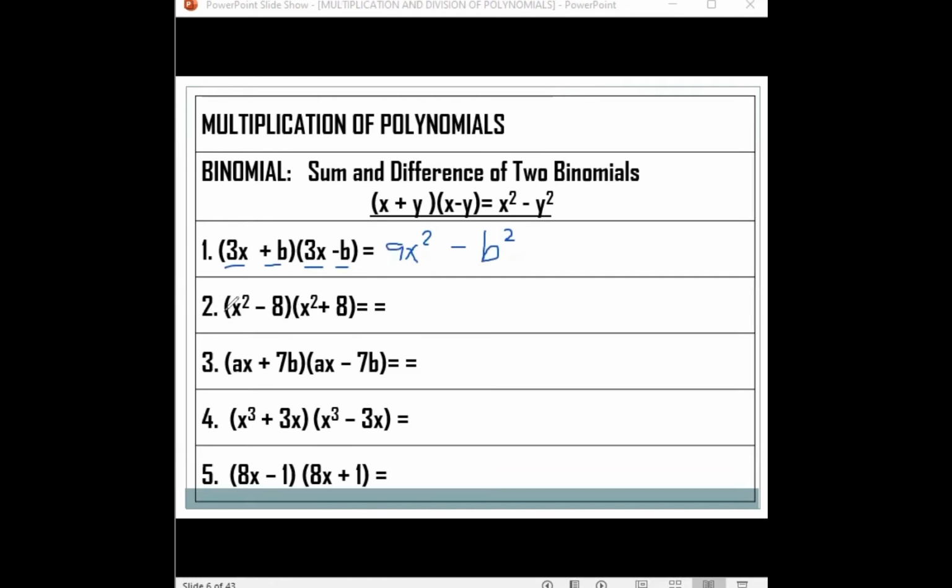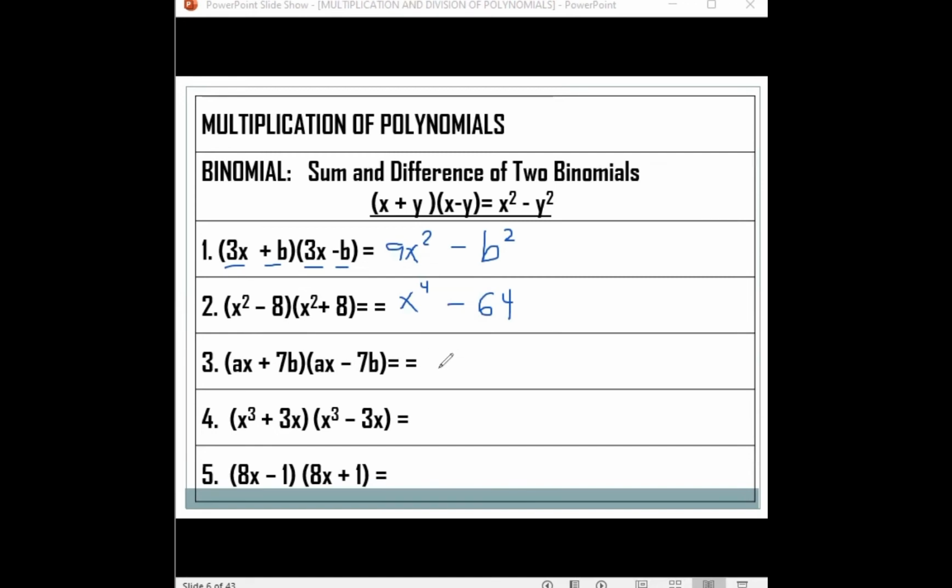That goes with this one also. We have x squared with x squared. We just have x raised to the fourth power. And then 8 with the 8, taking that negative, so negative 64. That is the result. And for the quantity ax plus by multiplied by quantity ax minus 7b, we simply